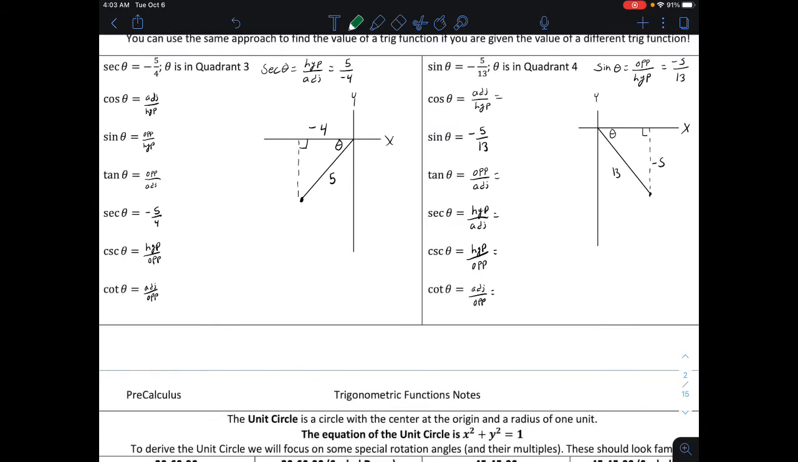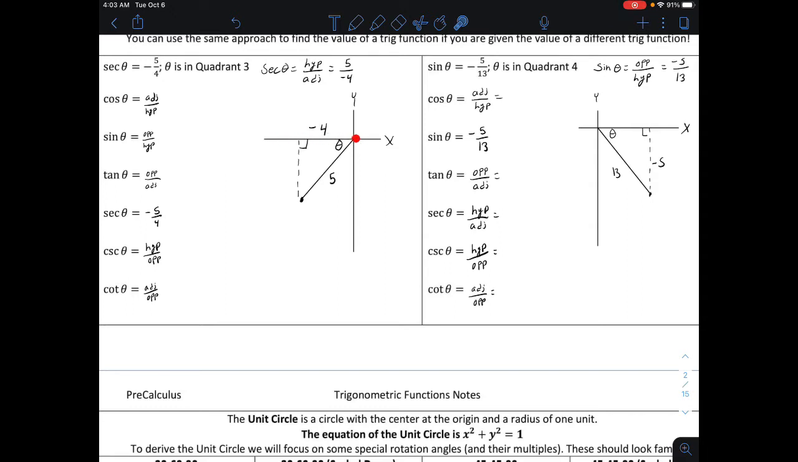All right, now let's accomplish the same goal, but using a different kind of information. So here we're given the value of a trig function. We're told what quadrant it lies in. So we don't technically have the point, but we still have the same amount of information given to accomplish this goal, to find the values of the other trig functions. If I tell you secant is equal to -5/4 and the point lies in quadrant 3,